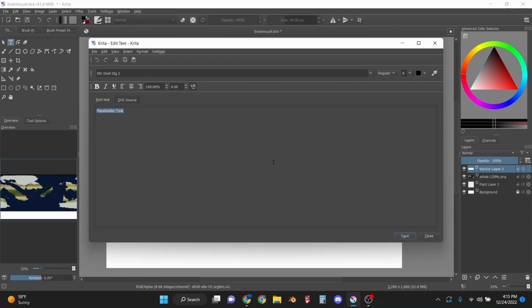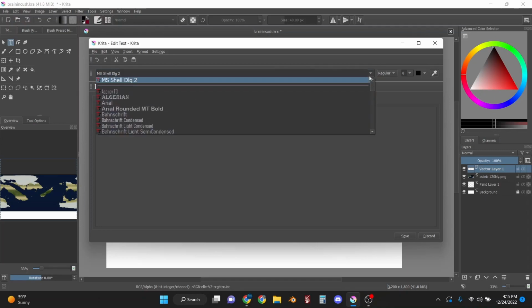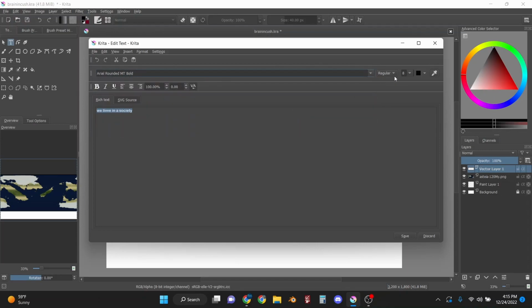So you can just do this. Oh, they changed it. The placeholder text used to be lorem ipsum. Now it's just placeholder text. Yeah, so sad. So you can just change the font and the sizing and stuff. So let's take this world for instance.